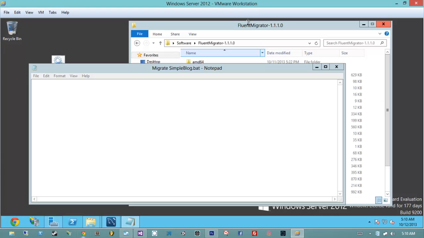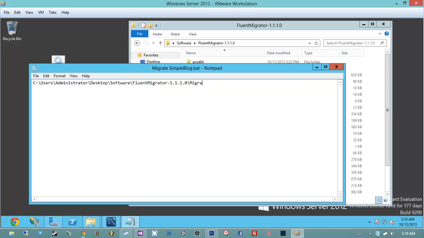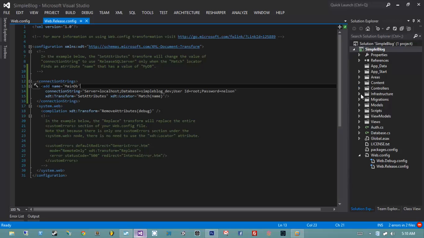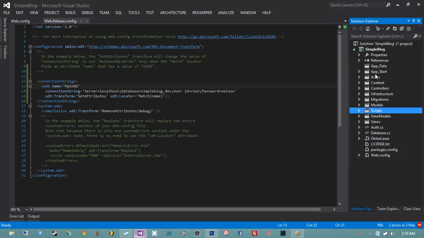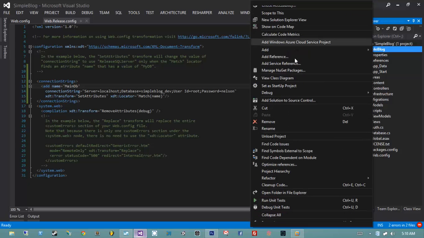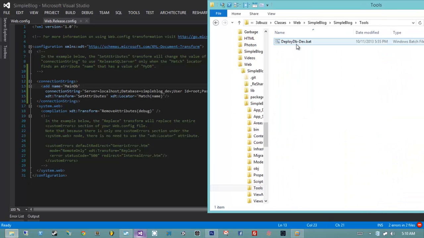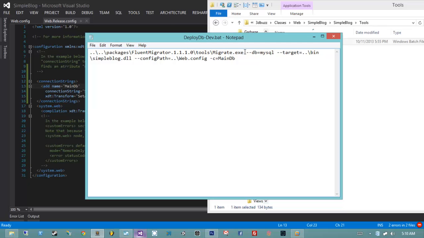Okie dokie. I'm going to paste that, and I'm going to do migrate. Then I'm going to effectively copy all of the parameters that I have in my existing tools. Remember that if we go back into Visual Studio under tools, we never actually added it to the project, but that's fine. I don't really care. It's just for use locally. I'm going to find Open File in Explorer. I'm going to open up my tools folder. I'm going to grab my deploy dev.bat, and I'm basically going to copy all these parameters,